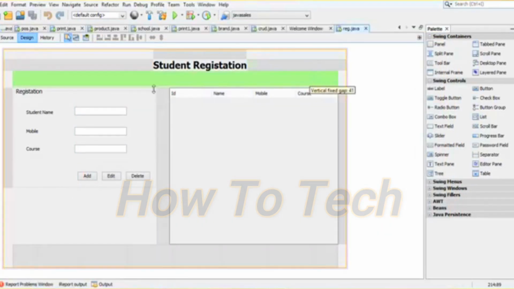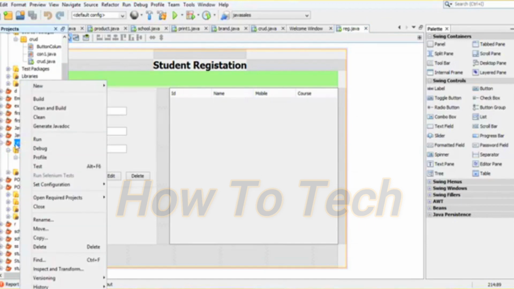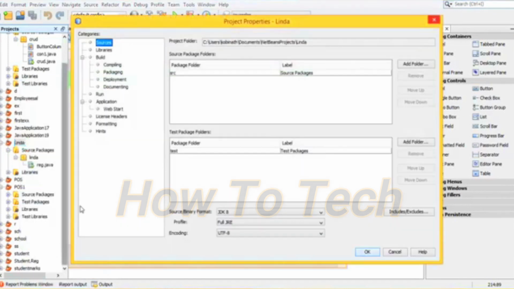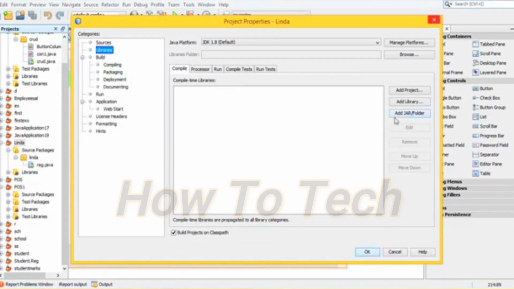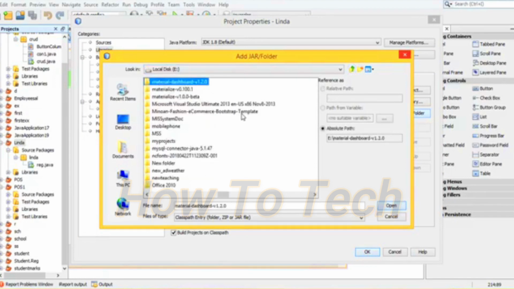After designing the form, what you have to do is go to the project. This is the project name Linda. Here first right click on the project. Here properties, library. Here we have to add the jar file. Jar file means you already downloaded the MySQL connector. You have to import it here. So add jar. Click on the add jar button. Here this is the file where you downloaded. Here MySQL connector. This one MySQL connector. Open this folder and